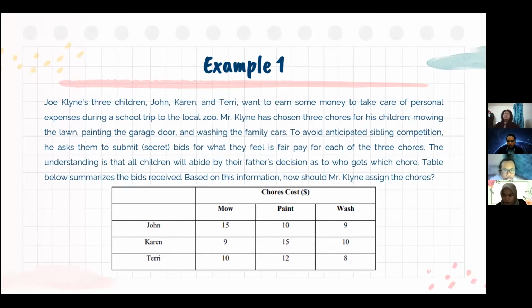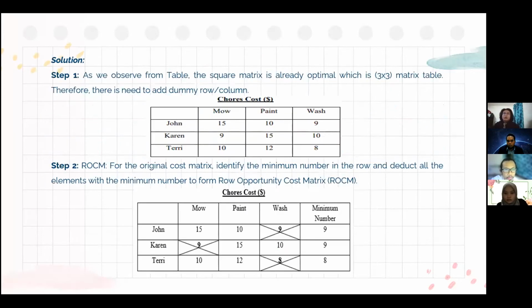So for the solution, for step one, as we can observe from table 1.1, the square matrix of this problem is already optimal, which is a 3 times 3 matrix table. Therefore, there is no need to add any dummy row or column. And then the second step is to make the